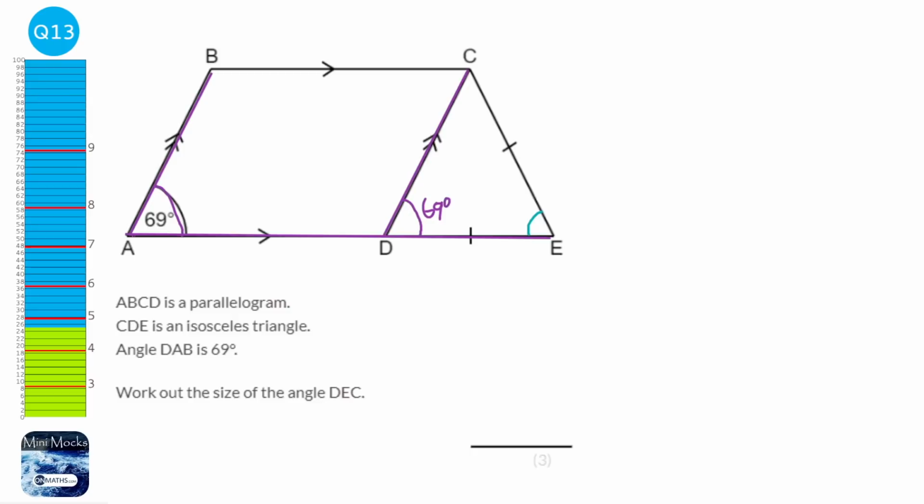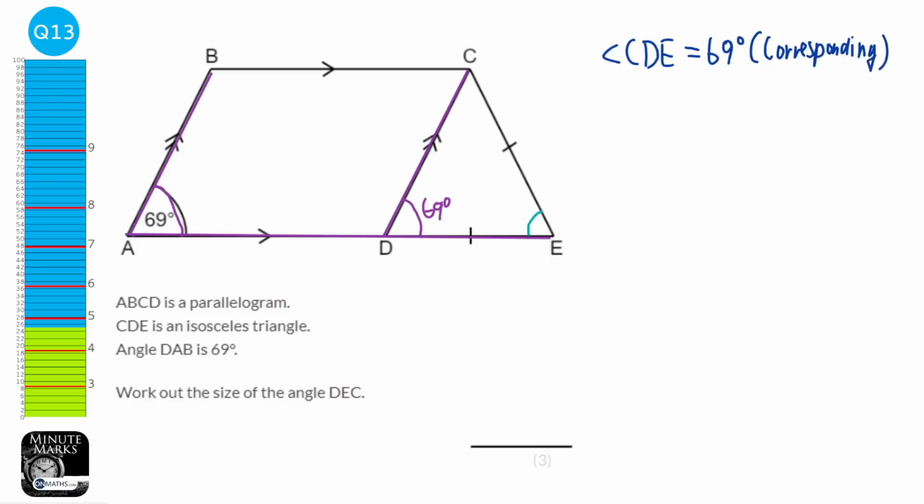So I need to write that down properly. So angle CDE equals 69 degrees because of corresponding angles. Okay. So if I know that the CDE is 69, I also will know that this angle here is